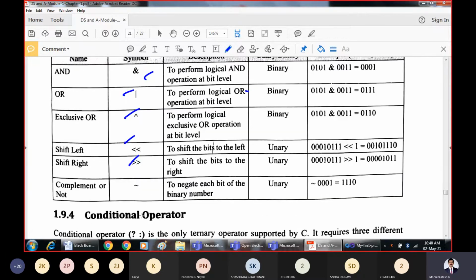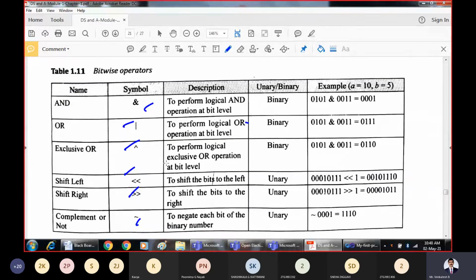So many bitwise operators we have. Next is the complement. How are they going to operate on individual bits? Let A be equal to 10 and B be equal to 5. These are the binary forms of this. That is A.